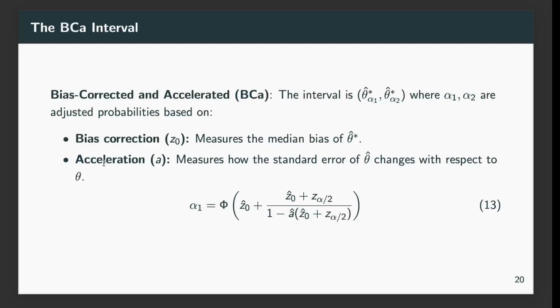Okay, so the second point is talking about the acceleration, which is A. A measures how the standard error of theta hat changes with respect to the true parameter value theta. So the acceleration is estimated using the Jackknife replicates of theta hat. Specifically, A1 is given by